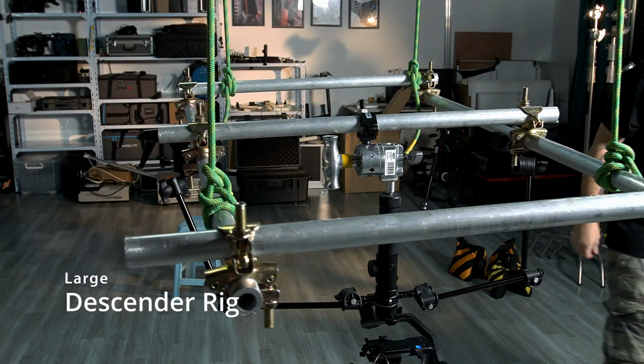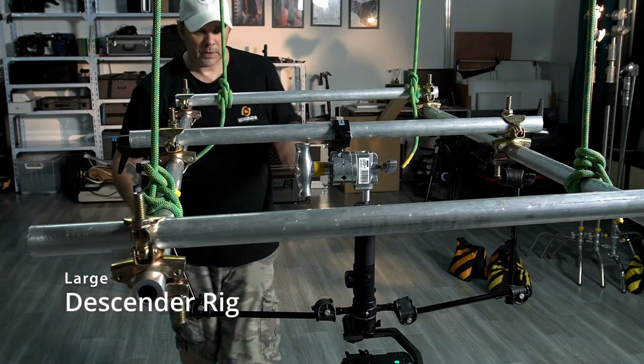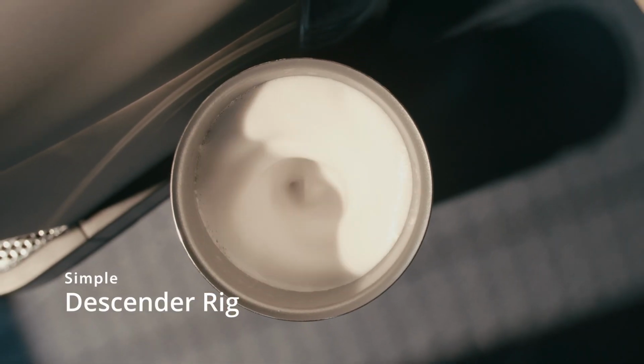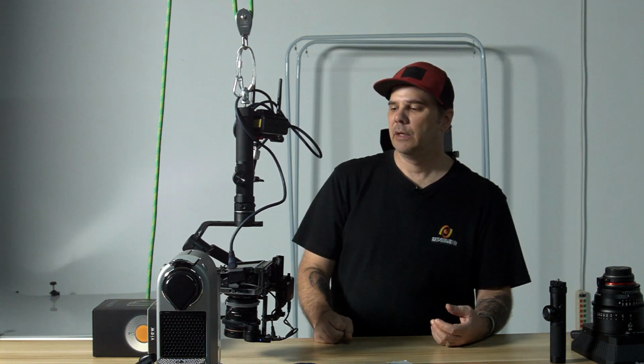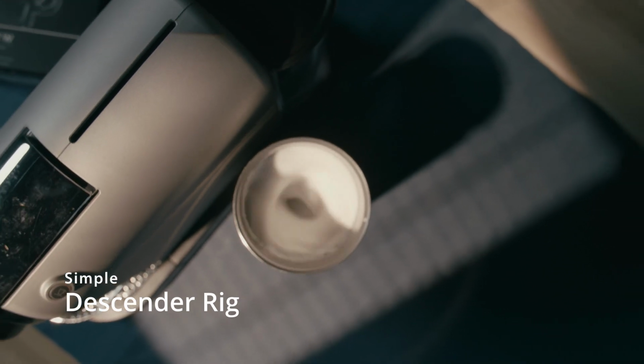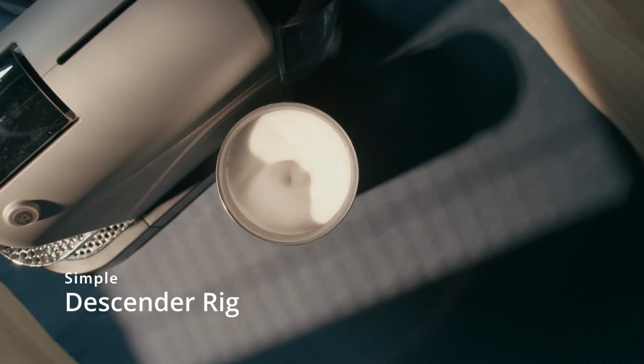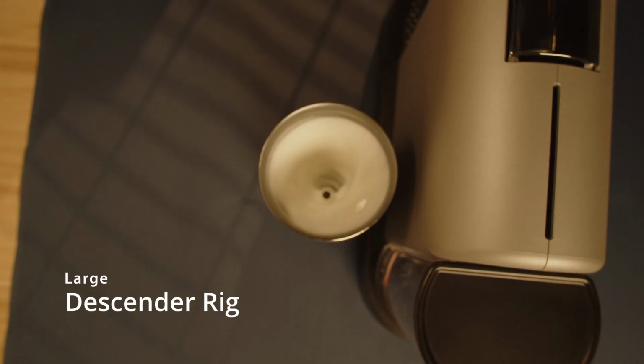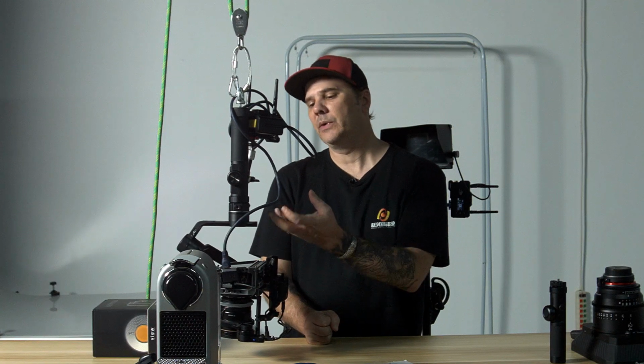I think something very simple like this is going to end up benefiting me more than my previous rig, which was kind of on the insane side. But hey, I'm aware of that. I usually rig up very large cameras, and that kind of rig may have worked for a much larger camera, a larger situation, a larger remote head, not just a gimbal. So I was basing my rig on using an Arri Alexa and a Libra head on a descender rig that I've done in the past, compared to something that's like a fraction of the weight of that